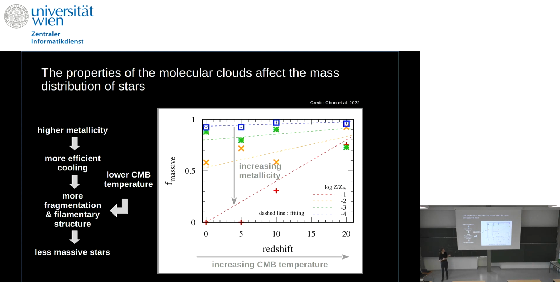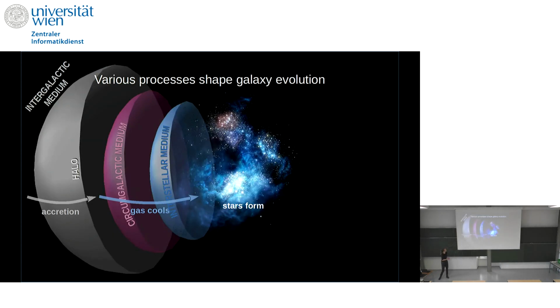So this really changes things. If you think about the more massive stars you're forming, the stronger your supernova feedback is, the more you make the medium turbulent, the more you heat the medium, and the more eventually you might also eject gas from the galaxy and change the subsequent star formation. So maybe to bring this a little bit more in context.